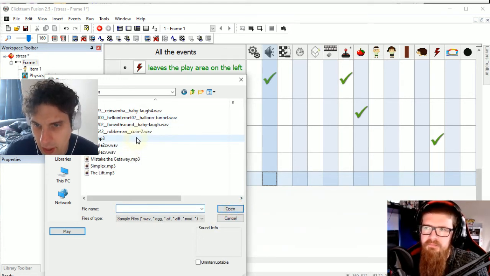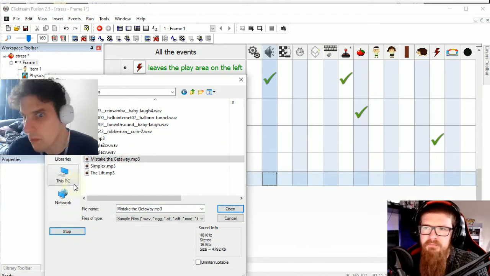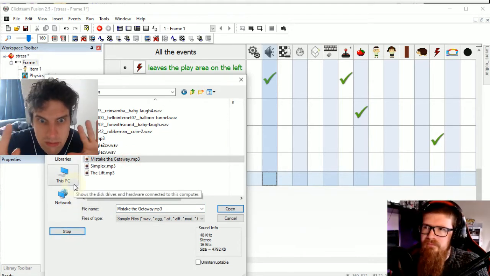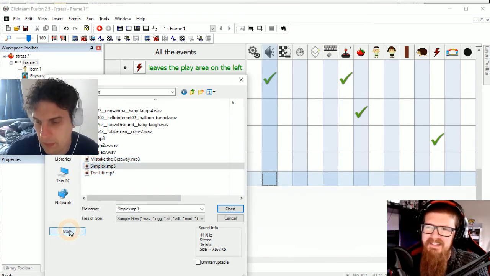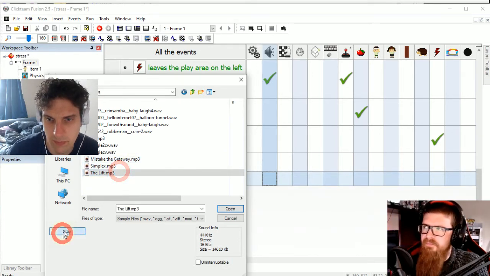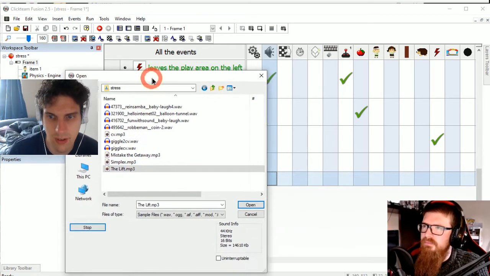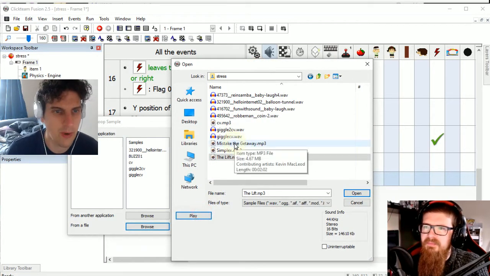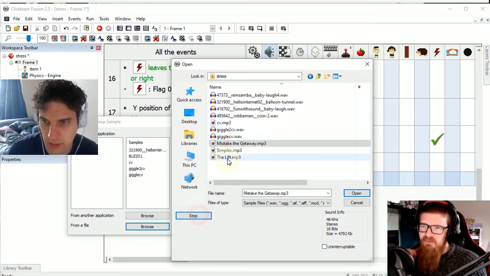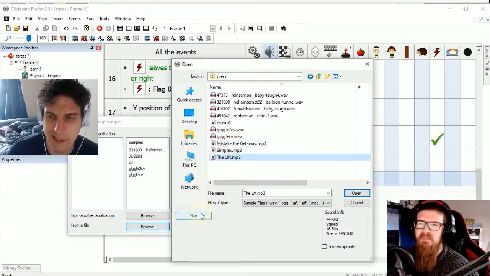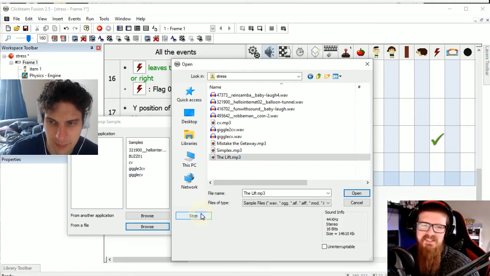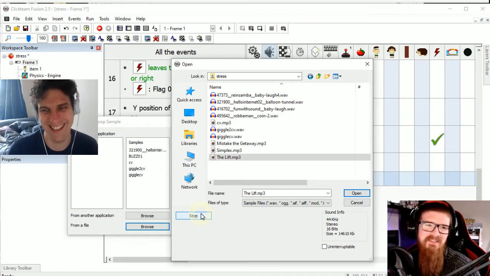So let's have a quick look at some sounds you got. So that's Mistake the Gateway. Here's the next one. Ooh. The Lift or Mistake the Gateway. Which ones do you think? I was stuck between them. I just picked two, which are good fast-paced tempo, which sounded quite suspenseful. The Lift is brilliant, but I do think it makes me, if I close my eyes, imagine spaceships. Sci-fi bouncy castle emulator. Yeah, change them all to robots.